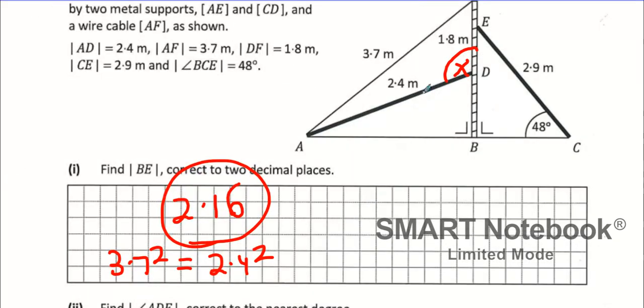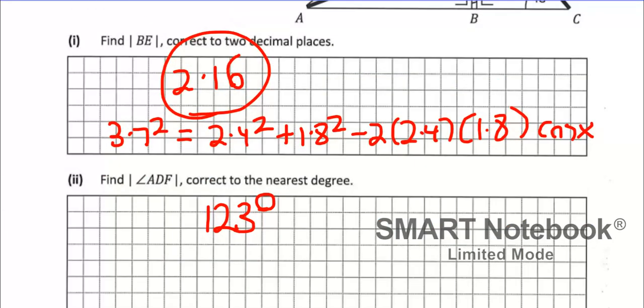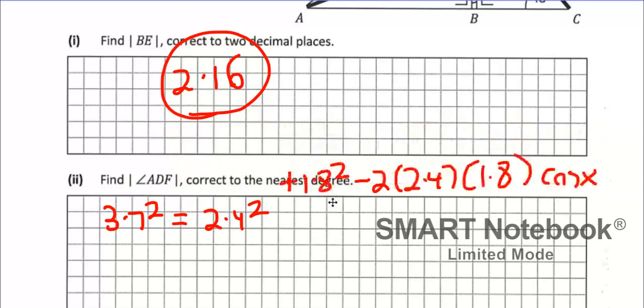All right, go on. So everybody agreed that the first answer is 2.16 for BE using the simple trigonometry rule. We're now trying to figure out the angle x. We're going to use the cosine rule, which is 3.7 opposite the x. So 3.7 squared equals 2.4 squared plus 1.8 squared minus 2 times 2.4 times 1.8 cos x. I'm going to drag this all down. Now, the answer will be 123 degrees when we do it properly, which we're all going to do in a